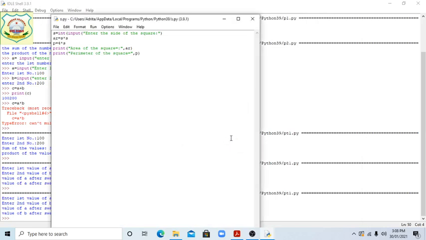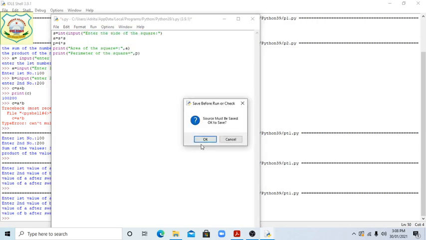See this, what happened, AR is given, so it is saying that it is not taking AR equal S, so we will write here only A, okay, better. Now run, okay.